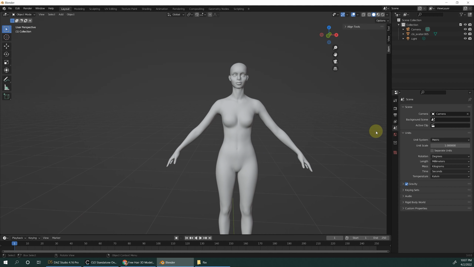The next step, you need to go to the unit, this little icon. You see the unit there. The unit system is metric. Change the length to millimeter.